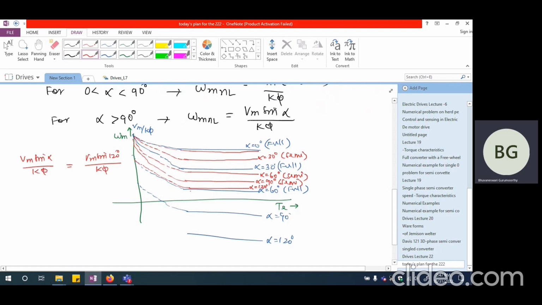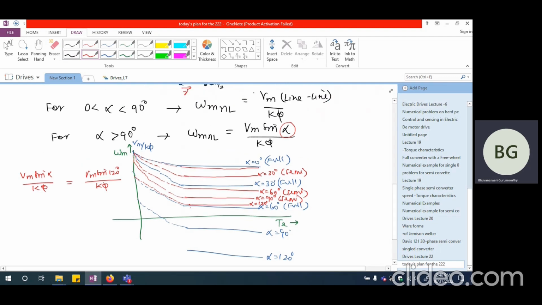So you are going to see that the discontinuous conduction case is rare, but however, you're going to have the no load speeds determined based on alpha whenever the firing angle is greater than 90 degrees. And it is going to be constant at Vm divided by K phi when alpha is less than 90 degrees